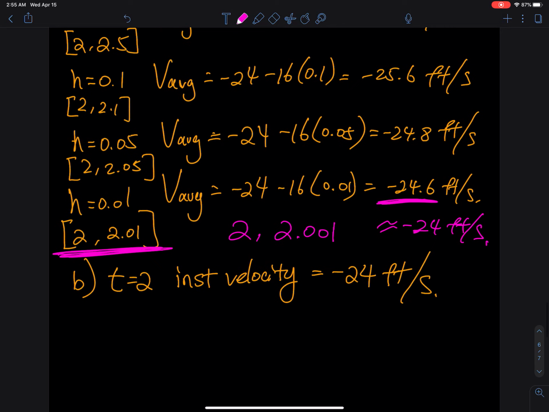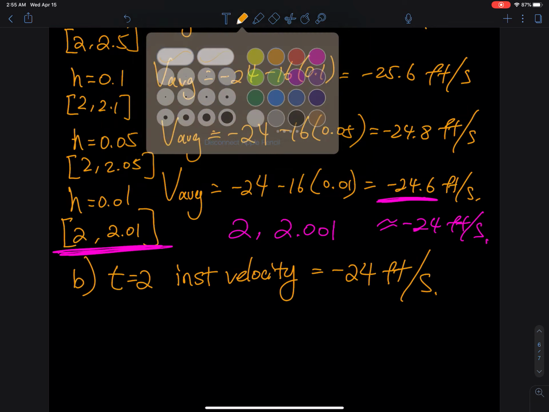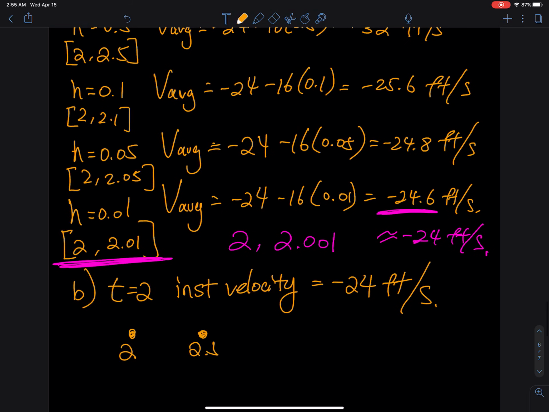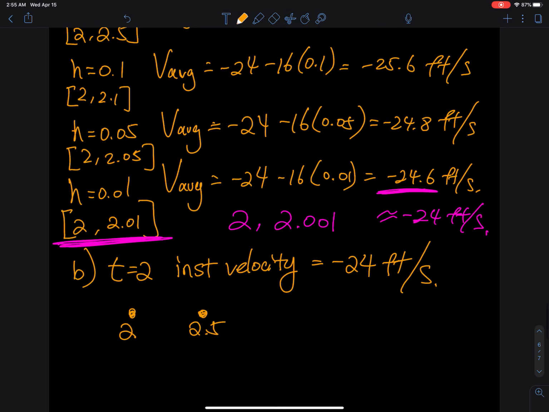So what they are doing is they are trying to take 2 points, from 0.1 to 0.2. This is a 2, this is a 2.2. This is a 2.5 initially. And then they are trying to shrink the distance between these 2 points, from 2 to 2.01. And then they want to find the slope between them. So it turns out that as the distance between 2 points gets closer, closer, and closer,